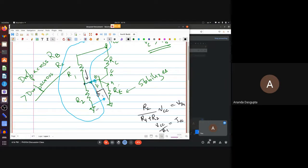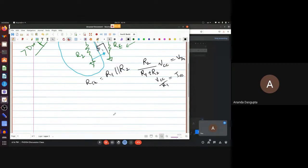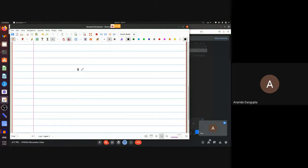R1 in parallel with R2. So either way, you get R Thevenin is R1 parallel to R2. So what happens? What happens is this. You had this circuit,